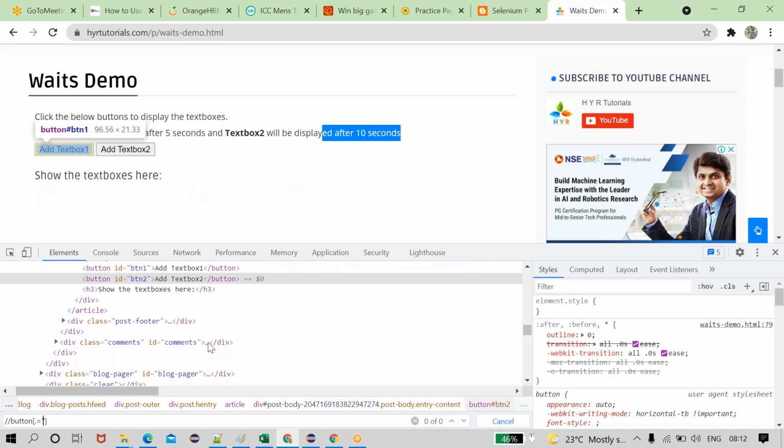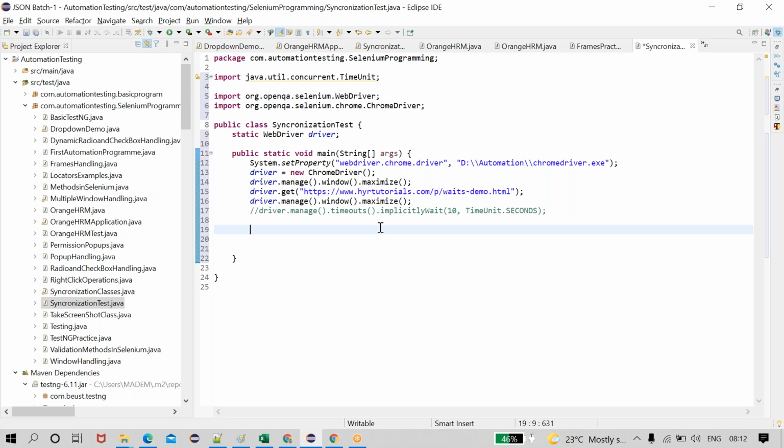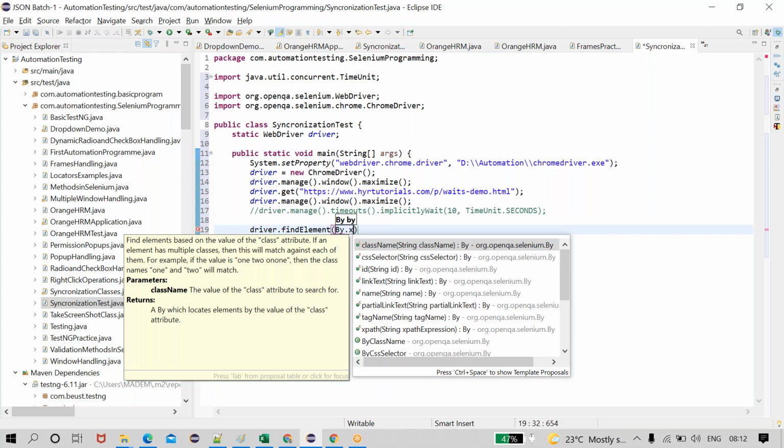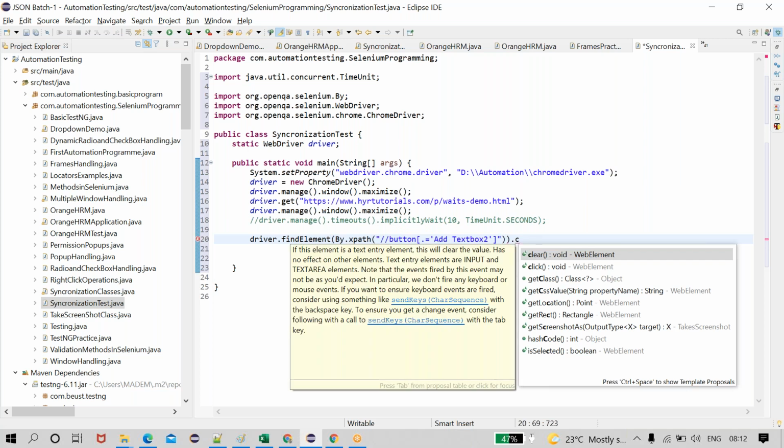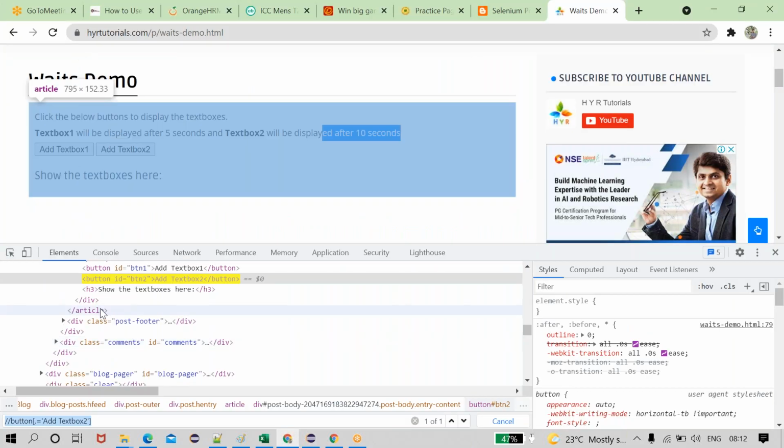See, it is showing one result. I'm copying this. I'm going to take it as a WebElement first of all. driver.findElement(By.xpath), then button.click. See, after performing the click operation, what will happen?